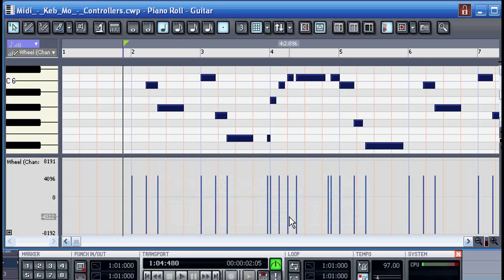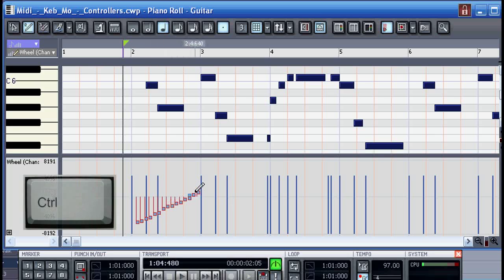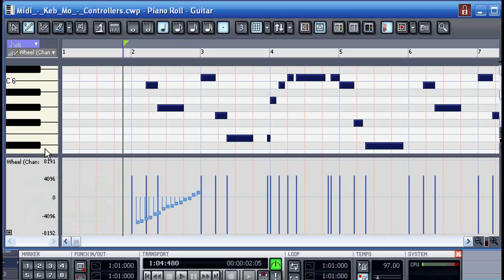I'll select that, and I'll grab the pencil tool. Now if I just click and draw, it only draws one event. You need to hold down the Control key in order to draw continuous events. Before I go on, let's look here, and you'll see we're viewing the velocity and the pitch wheel on the